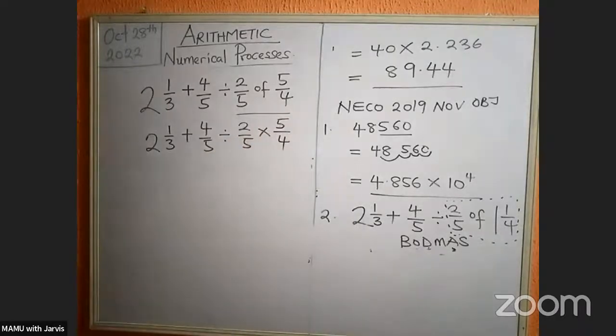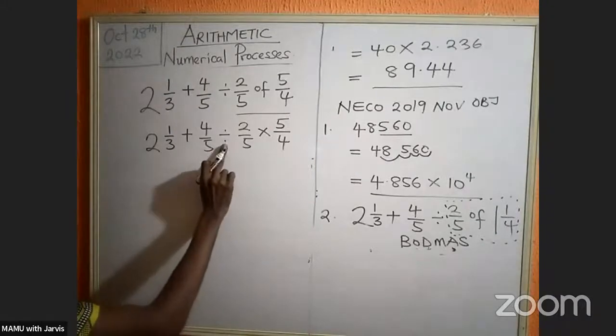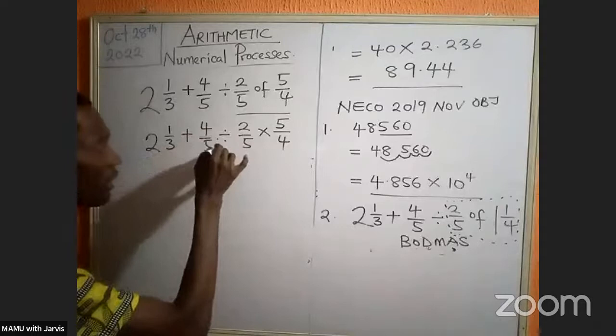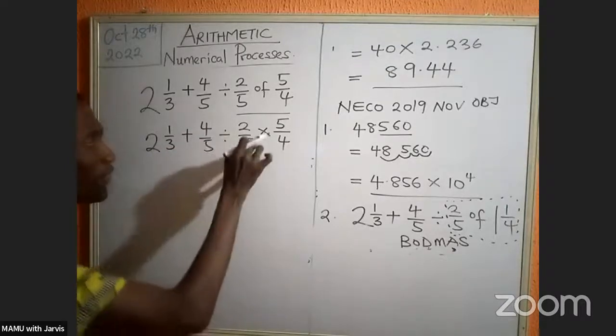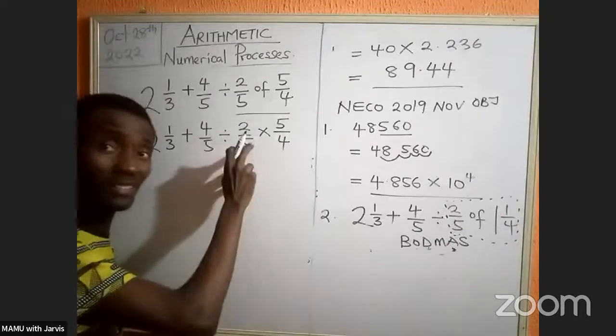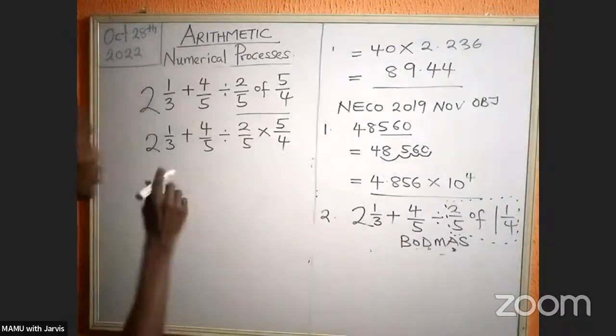5/4. Beautiful. Now, remember that this division here is only affecting this. Take note of that. It's only affecting this. So my next line will read